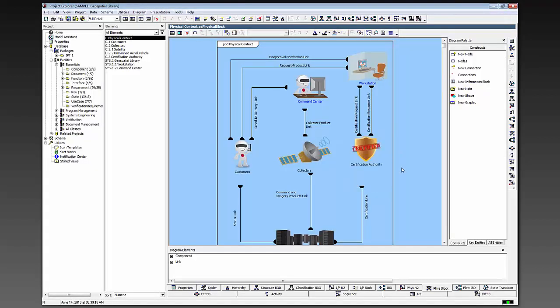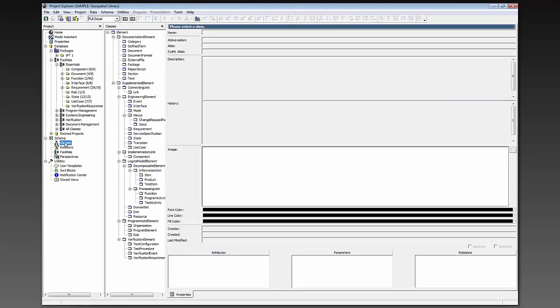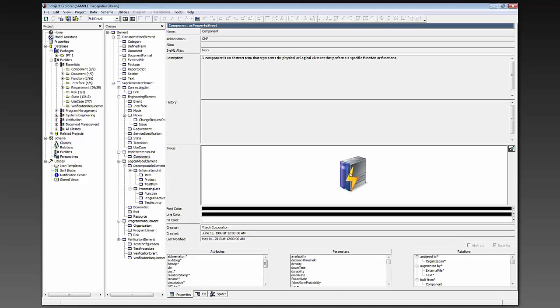Now, if you don't have an image that you're ready to use, but you want to go ahead and apply an image to it anyway, we have given you default images for the class. So let me take just a minute and show you where those are. If I expand the schema branch and then click on classes, I can view class information. We were just looking at the component class, so I'll show you that. And you see that our default image for a component is this little server-looking thing with a lightning bolt on it. And we've given you those for every class. So if you really quick need to throw an image on there, but you don't have time to get one,